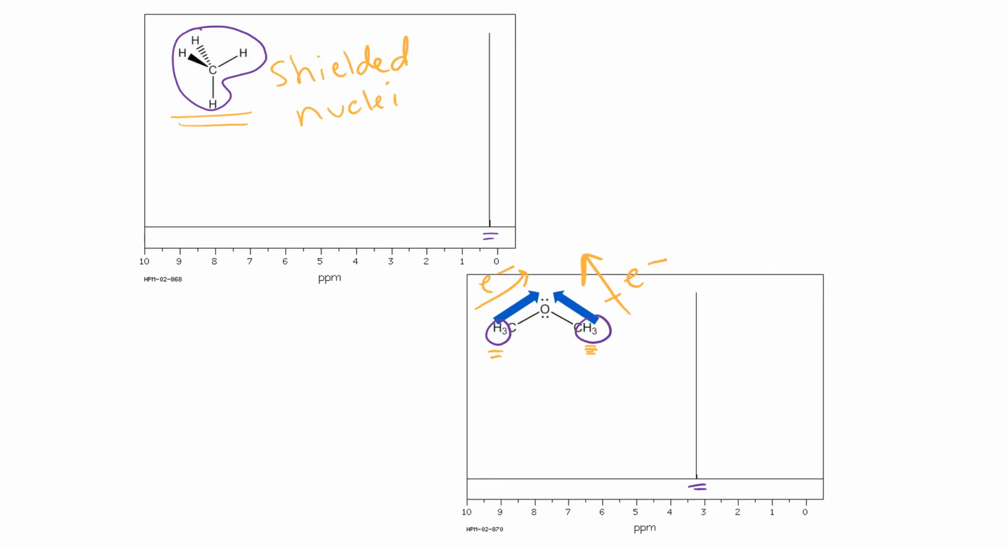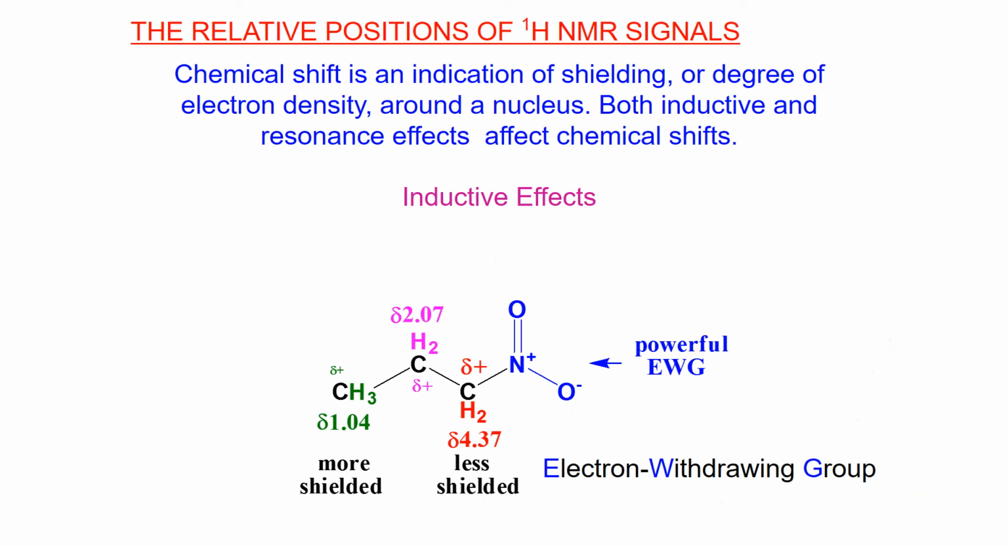And down here we have what's called de-shielding taking place. So it's exposed to more of the external field, and therefore you're going to get an increase in the frequency that's required to satisfy the resonance equation, and that's going to lead to an increase in the chemical shift. So the chemical shift really tells us about the local magnetic environment of a given set of nuclei. And so we can tell if a nucleus is highly shielded or de-shielded because that's going to result in a